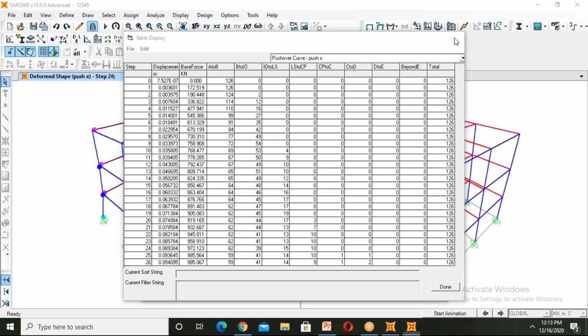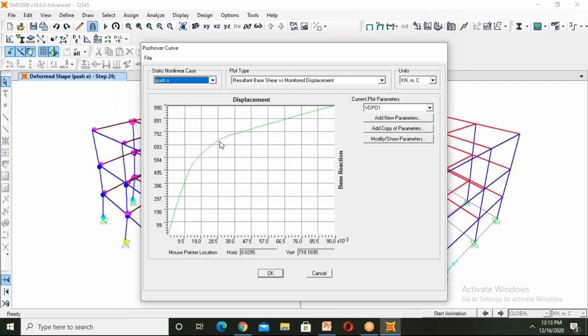Here you can see the ultimate point. At this point it can take this much base reaction, 792 kilonewtons, and it can displace up to 38 mm.